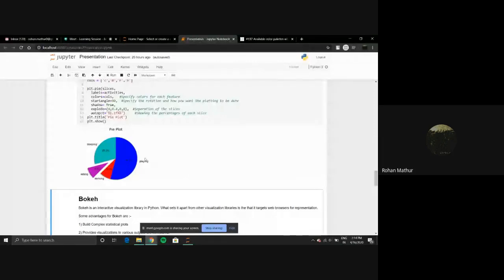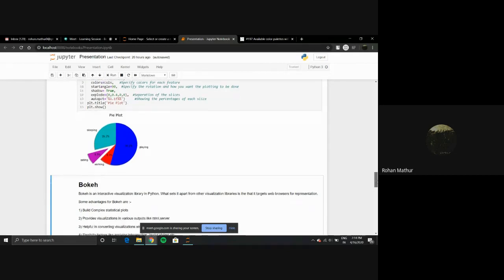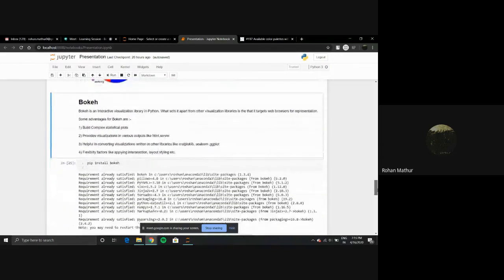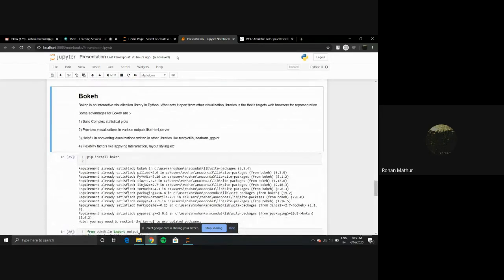One more disadvantage is that the plots can represent only one type of data set. This is something I haven't shown here, but for visualizing different types of categories, this can be done in the form of bar graphs. We will look at one example later on when I start with Bokeh. And again, decisions based on this visual impact can lead to inaccurate decisions. So this is just about it for matplotlib. I'm going to start with Bokeh now. Does anyone have any questions?